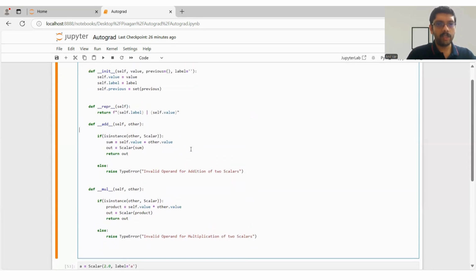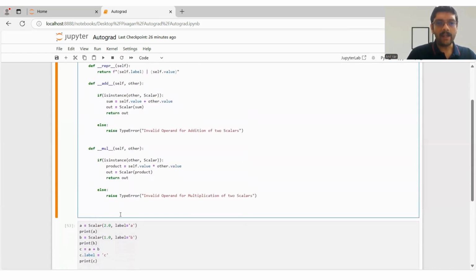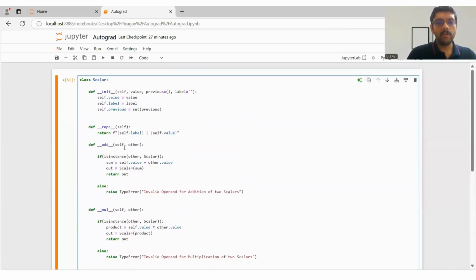And what we're going to do is say, so how does that work? So if you call add on, say, A, you're saying A is self now, and other is what's passed in, it's B. So when you create this new scalar, which is now going to be C, you can also pass in self and other. Because what are we saying? We're saying C, in this case, if C is A plus B, is dependent on or created from self and other by adding them. So I'm going to say this,